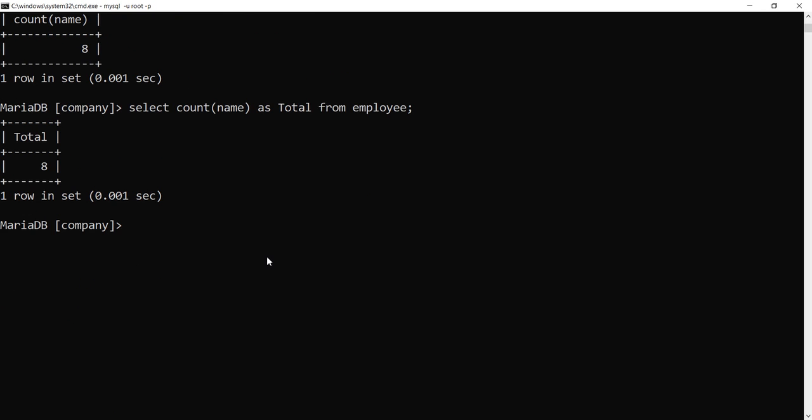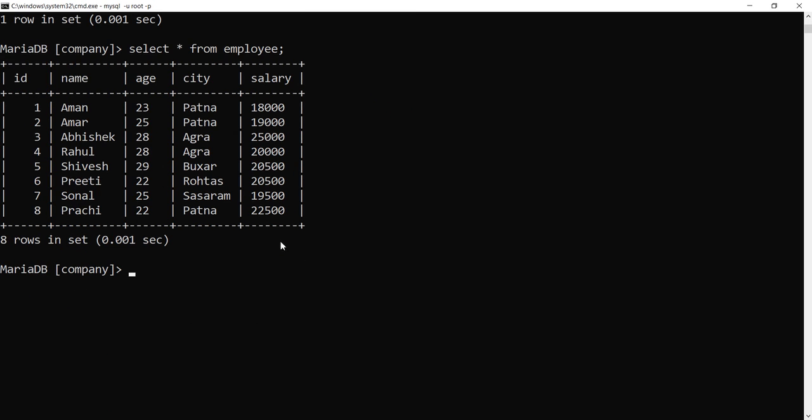Now I am using the sum function for demonstrating the total sum of the salary.